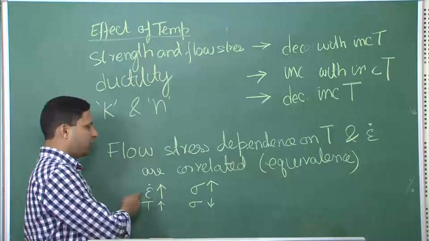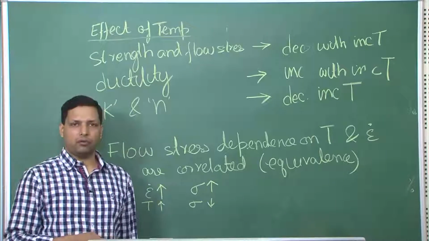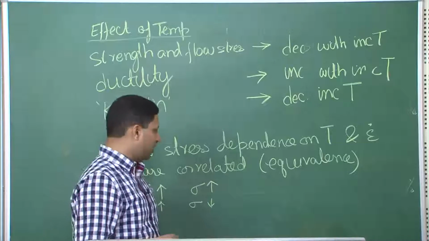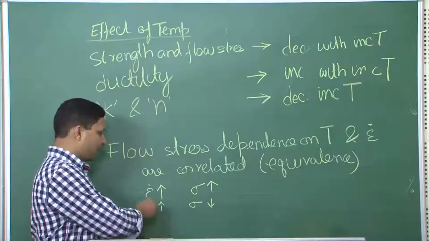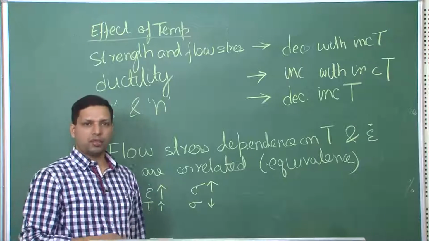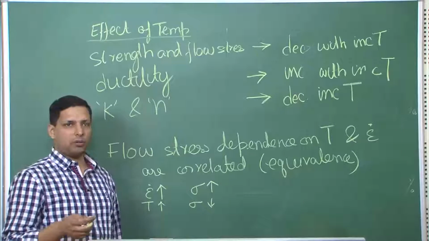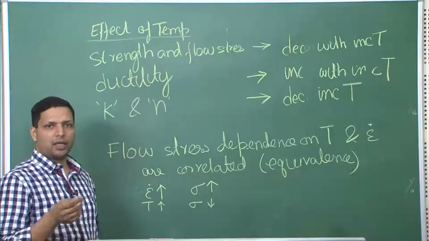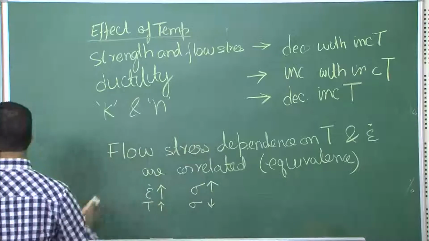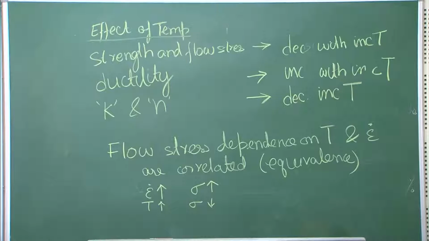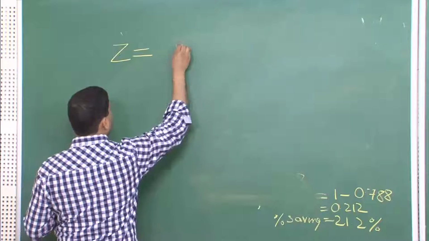They are both related to the dislocation movement. We are not getting into the in-depth understanding of mechanical behavior of material, but suffice to say that the origin for both these are same, and that is why two scientists named Zener and Holloman came up with a parameter which can give an equivalence between these two, and therefore, this parameter is also called the Zener Holloman parameter, and this is written as